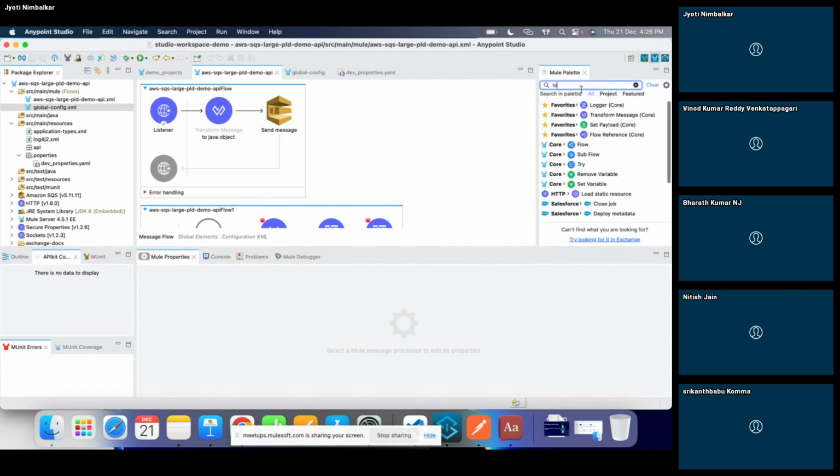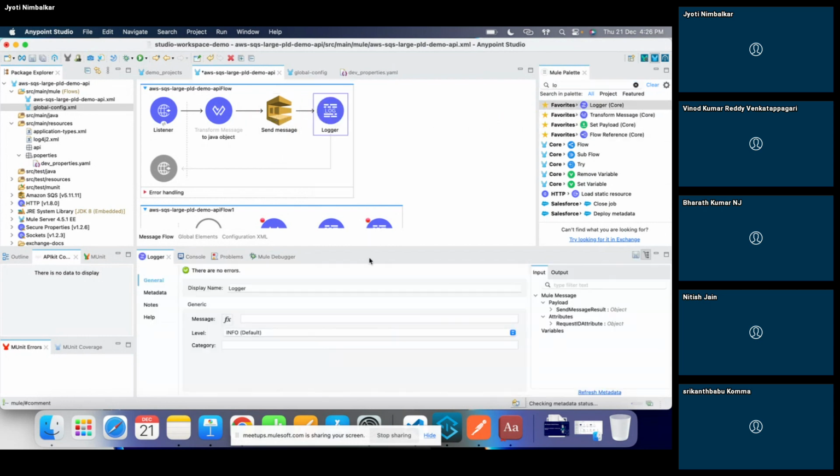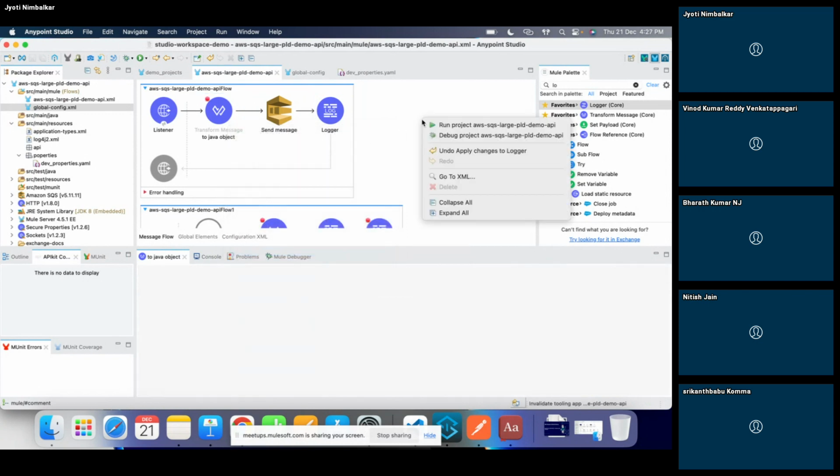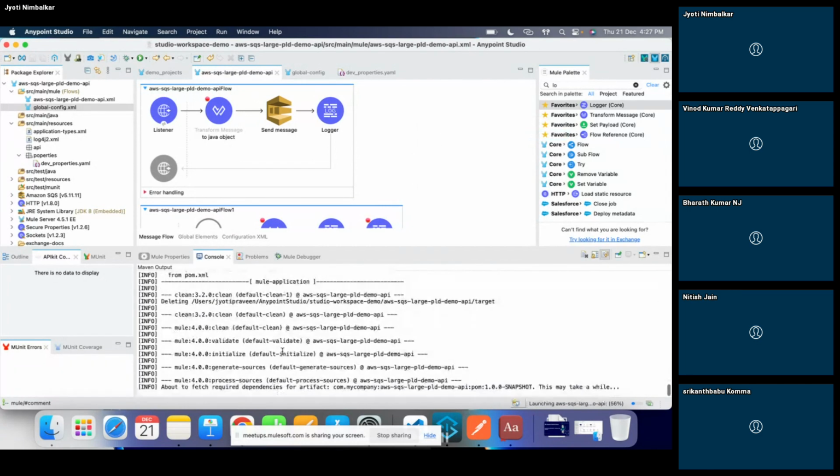So I'll put a small logger here, and I'll put a breakpoint over here and run it in debug mode.